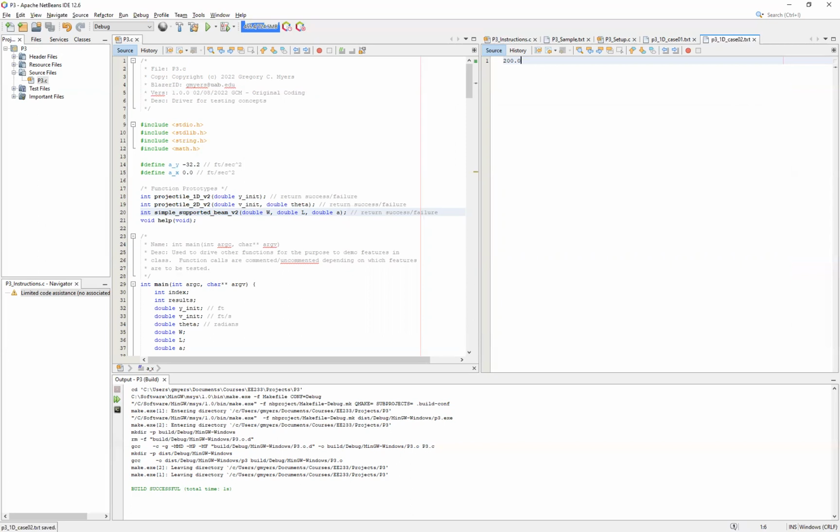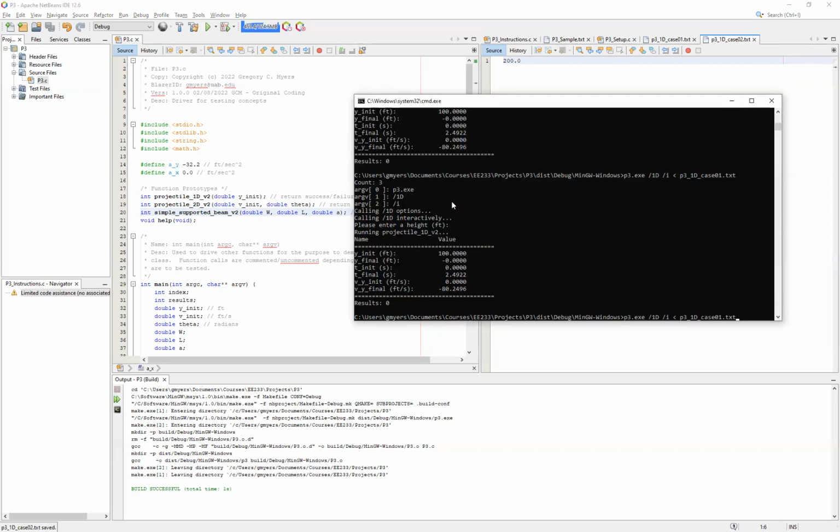We'll save it. We'll go back here to the command line and we'll simply change the file that we're using to get the input from to our case 02. And you'll see that sure enough, now all of my calculations are based off of 200. Well, we can continue this for all of our